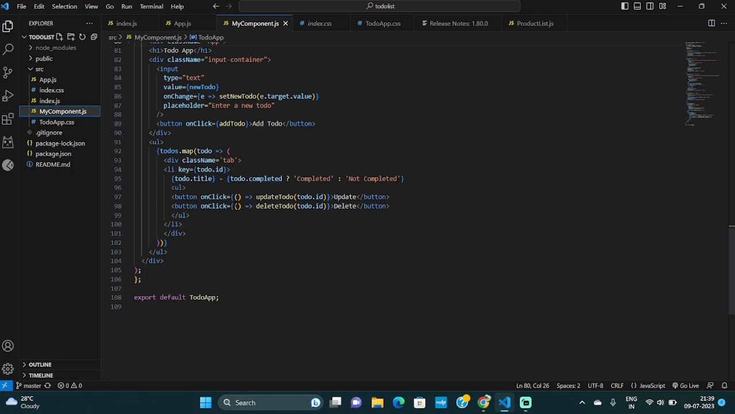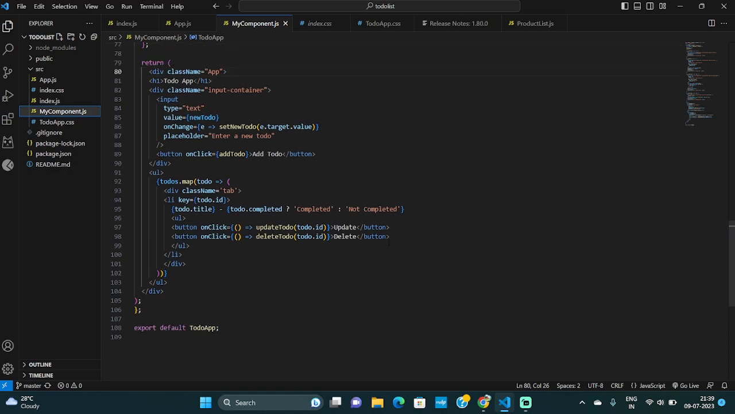And here is the button part, and I have called updateTodo. It is for the update part, to update the to-do list. That means to change the not completed to completed. And here is the delete button call. So now let's look at the